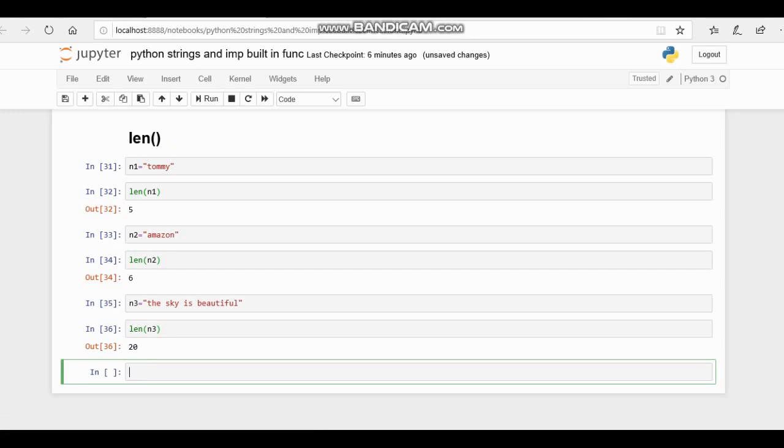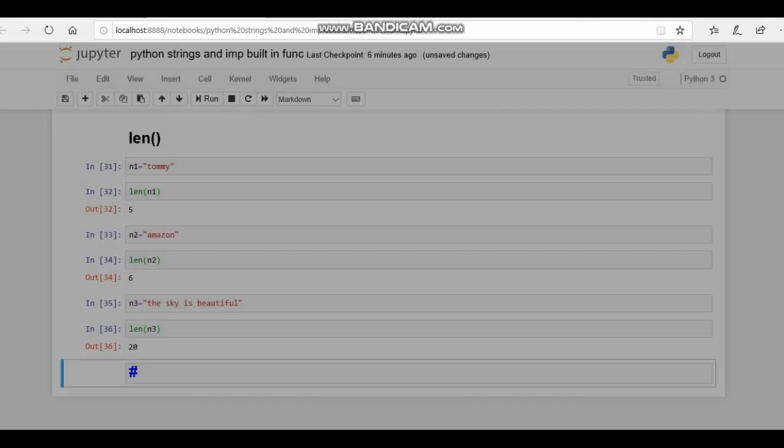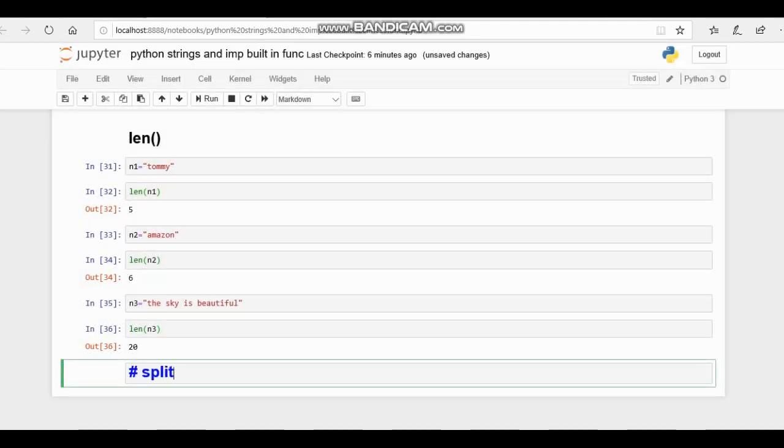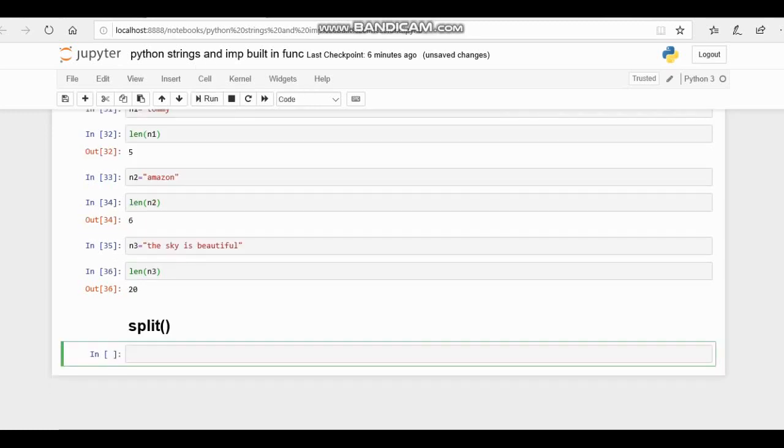Let's see another built-in function, the split function. The split function is used to split a string into a list of strings with a separator. Let's see this by giving an example. n4 equal to "Raju hates ice cream".